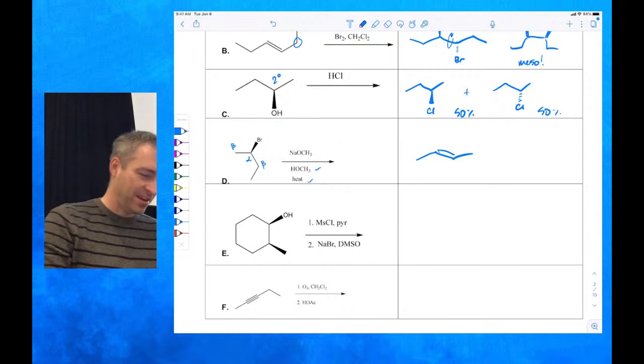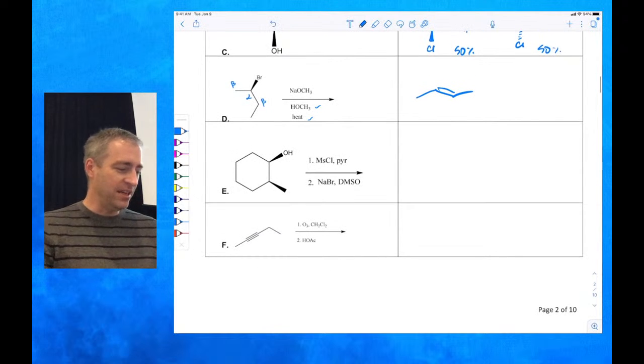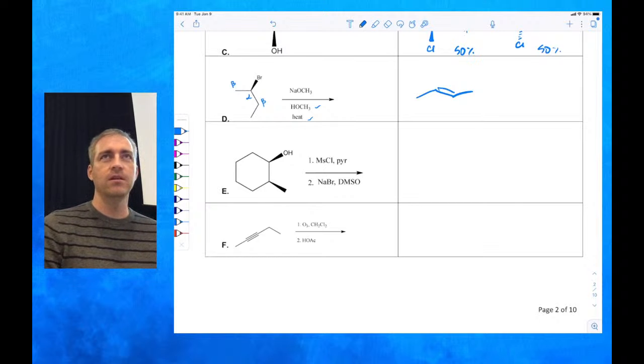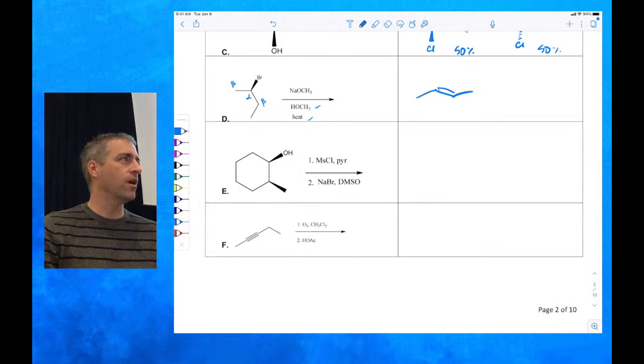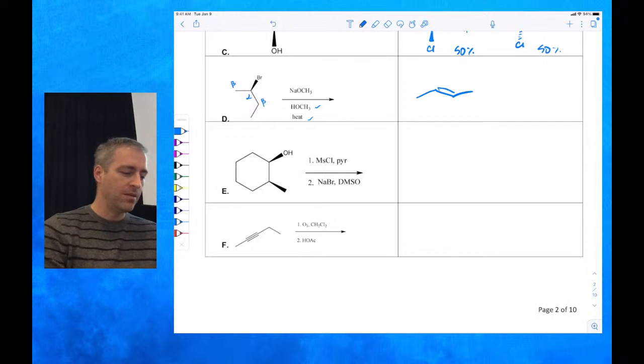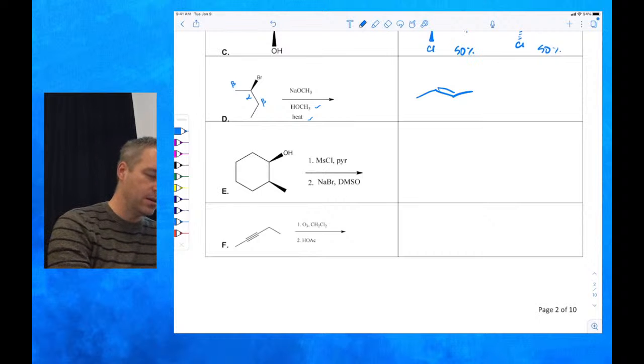Aren't we doing great? Okay, the next one, E: mesyl chloride, pyridine, sodium bromide, DMSO. So this is a two-stepper. First of all, the first reaction is from unit 11. The second reaction is from unit 6. So the first thing that's going to happen after the first step, the mesyl chloride and pyridine, is going to give you OMs